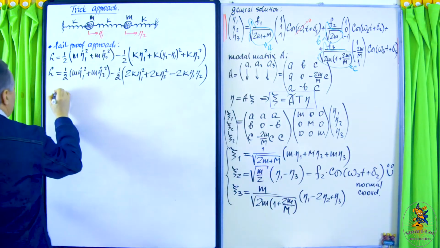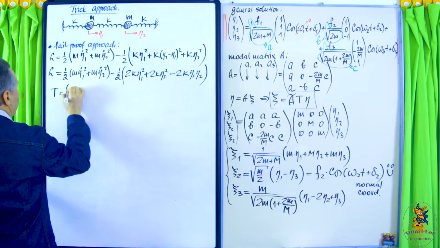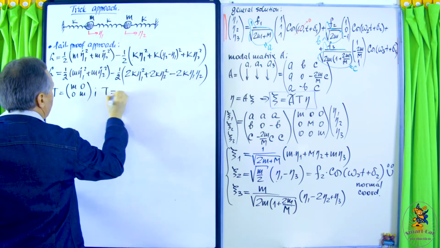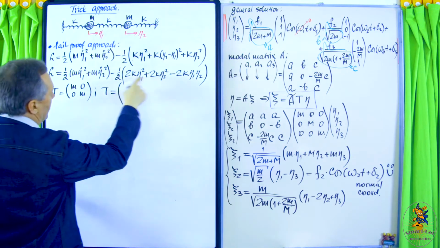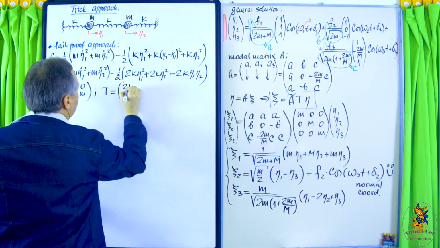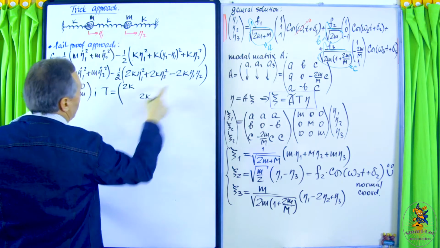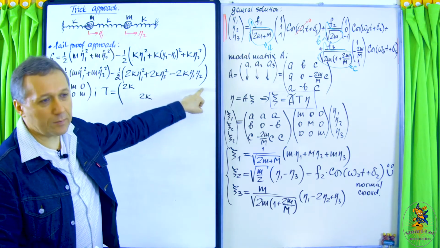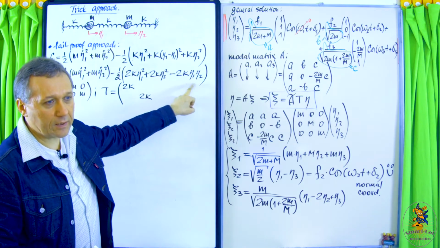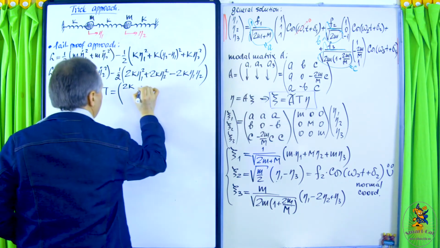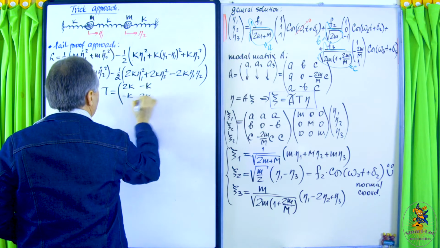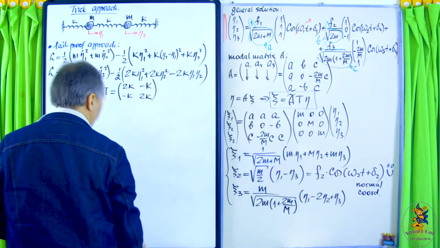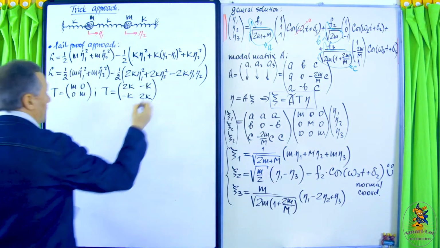So kinetic energy matrix, of course, will be reasonably trivial: m, 0, 0, m. Then potential energy matrix. Diagonal elements 2k, 2k. And for off-diagonal elements, of course, we need to split this term into two: minus k eta 1 eta 2, and minus k eta 2 eta 1. So it will be minus k, minus k. So both real and symmetric, as they should be. Right. Okay, so now, of course, we need to